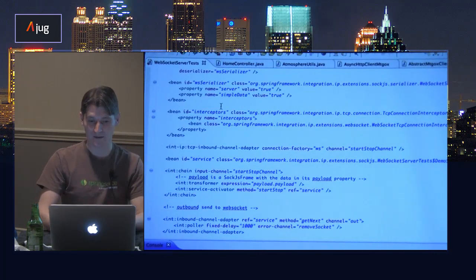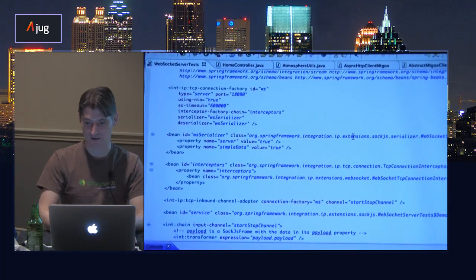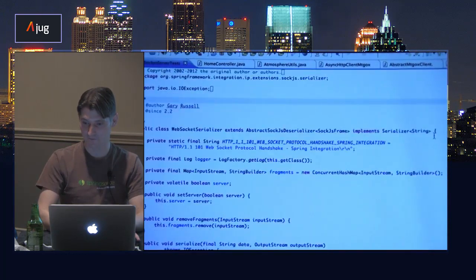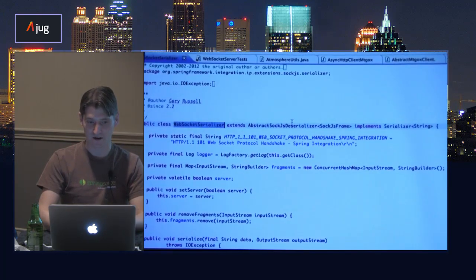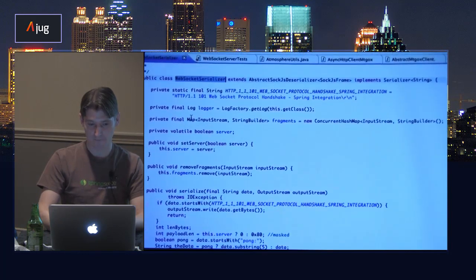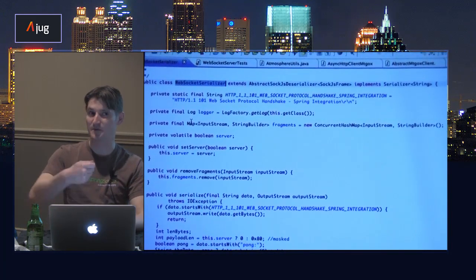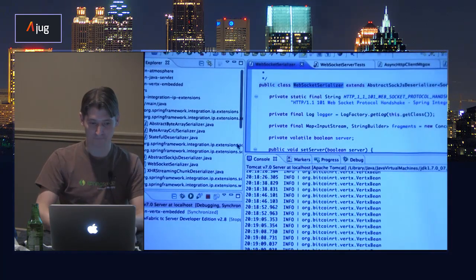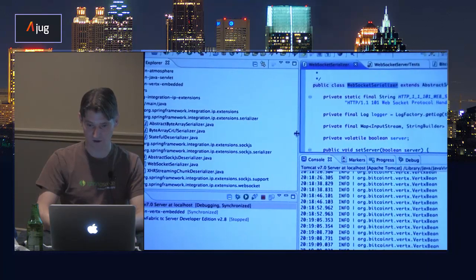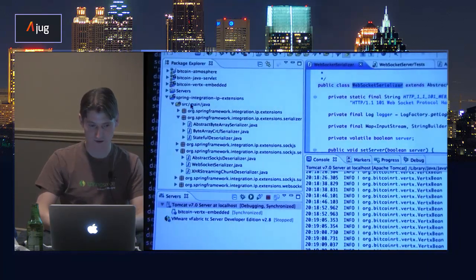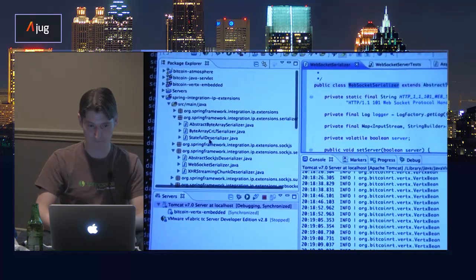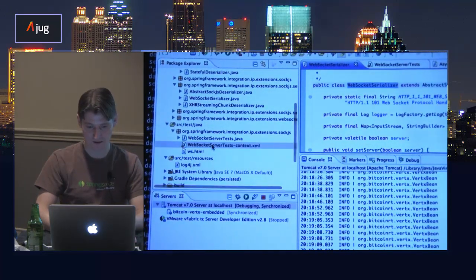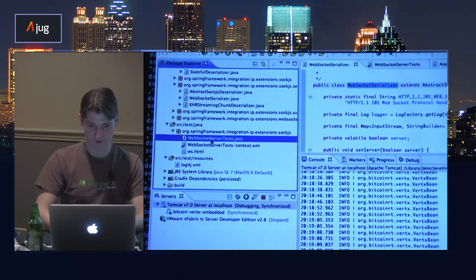Then I provide a serializer here, a WebSocket serializer that implements basic elements of the WebSocket protocol. If you want to go nitty-gritty into how the protocol works, that might be an interesting space to look at. And then we provide a WebSocket server test.